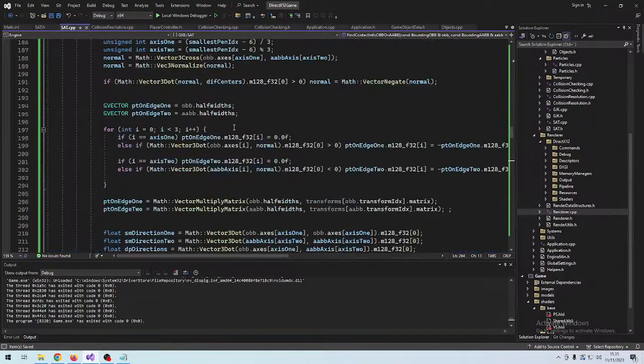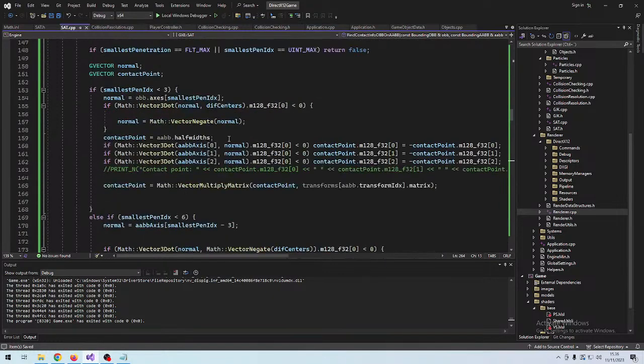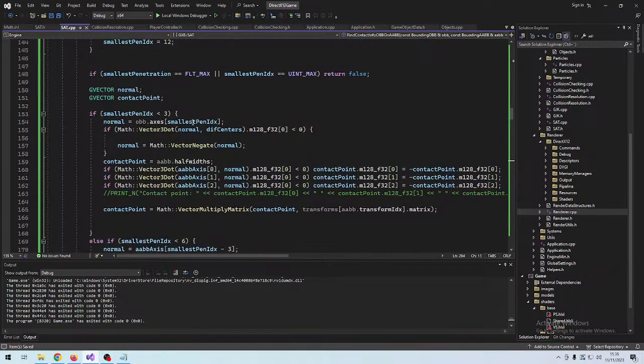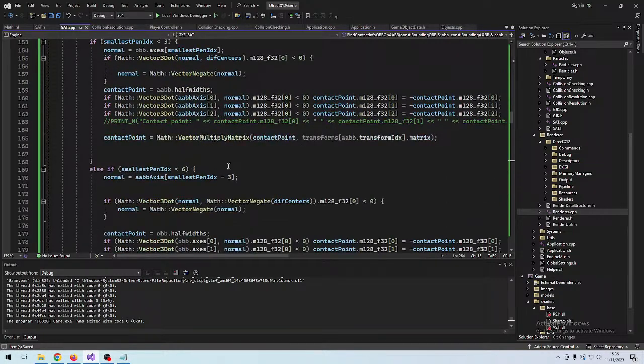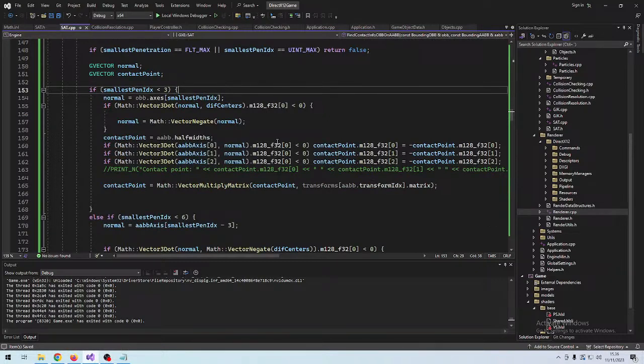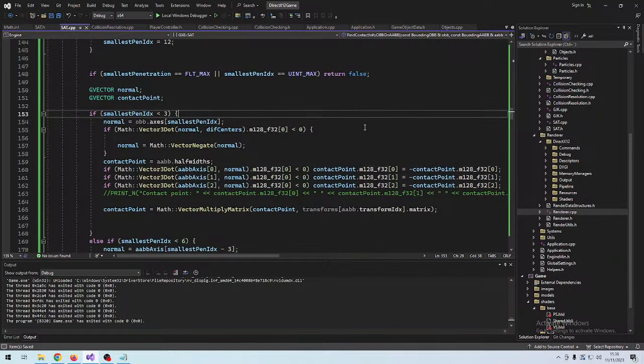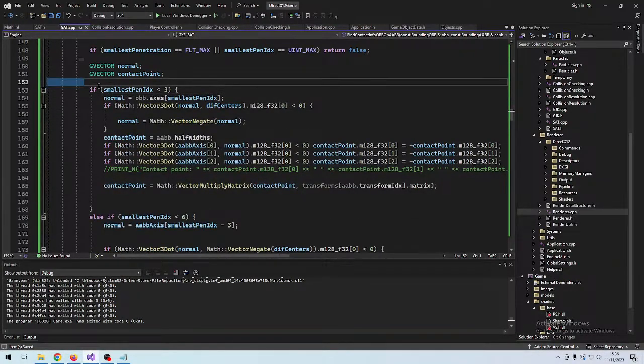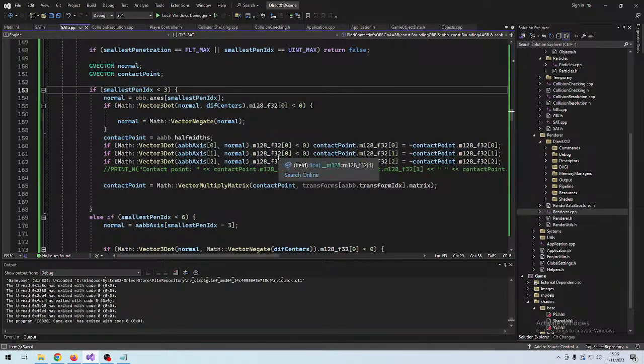It handles point on face in the first 6 axis comparisons if the smallest penetration is along one of the faces of each box. So first, if it's on the OBB faces, that there's a penetration of the ABB, which is highly unlikely here, but